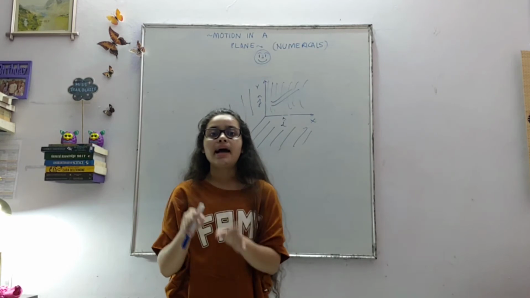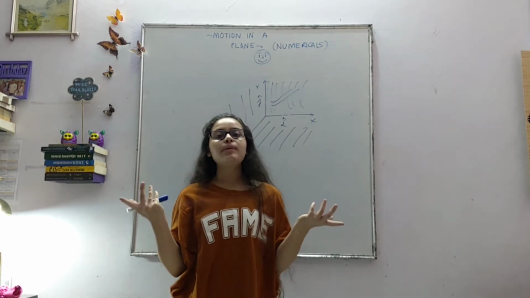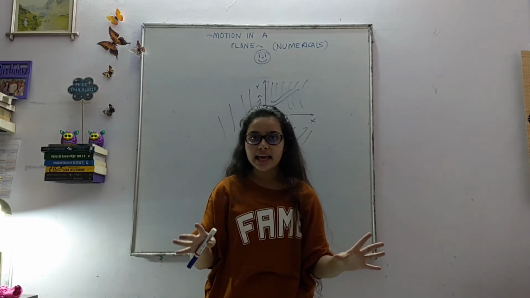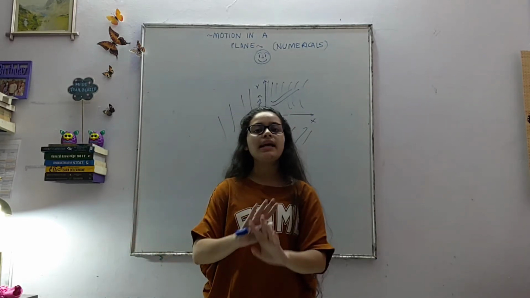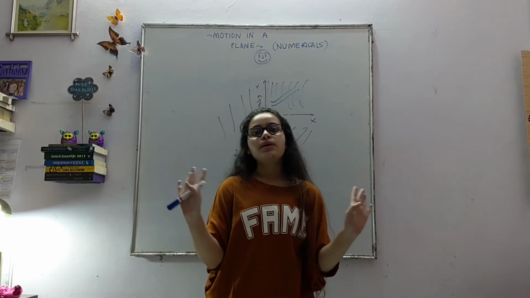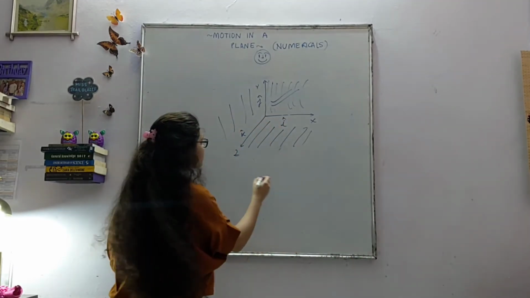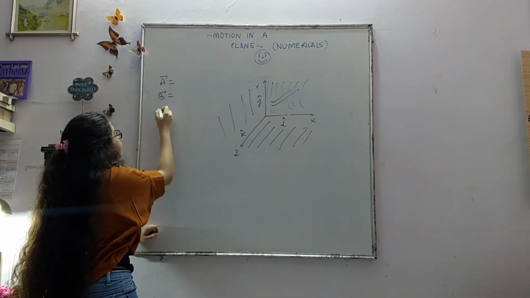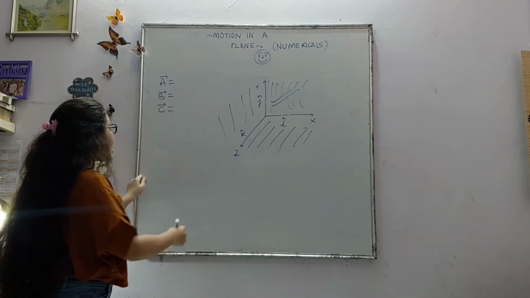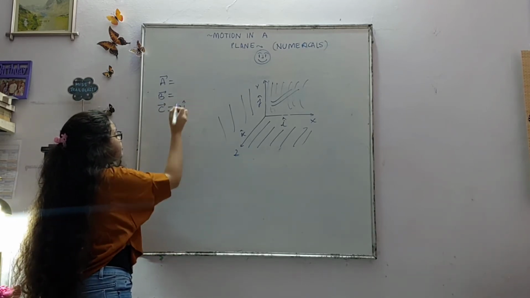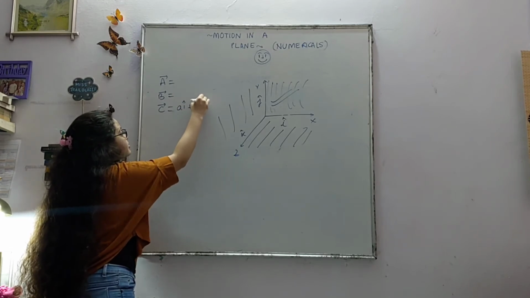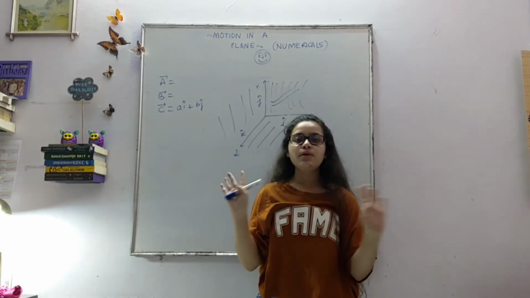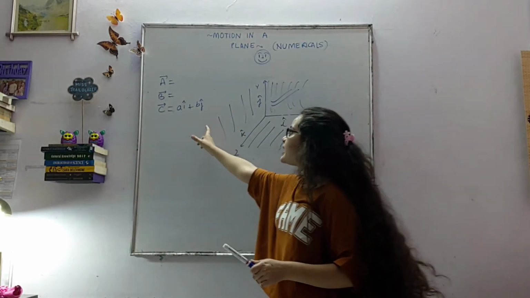If A and B lie on xy plane, where will my C vector lie? So now I know C is going to have some I cap and some j cap. Only x and y component. So what do I want to find? A vector. A vector is being given, I'll write the values in a while, I don't remember them. And C vector, if I take them as some A I cap plus B j cap, X component and Y component. I have to find the value of A and B, and then we will look into how we find the magnitude. But is this understandable?